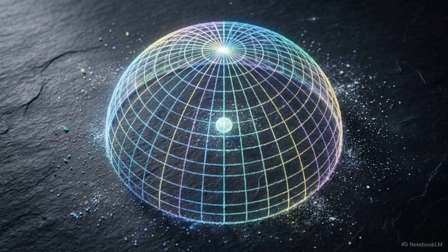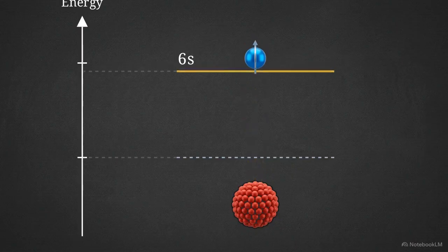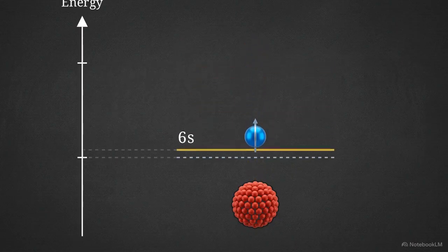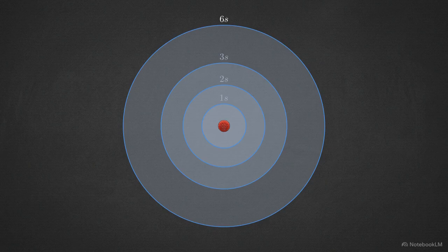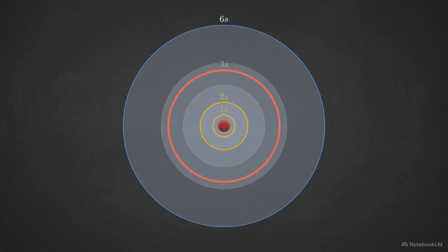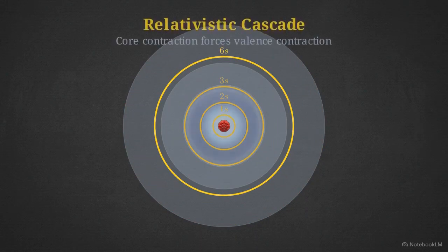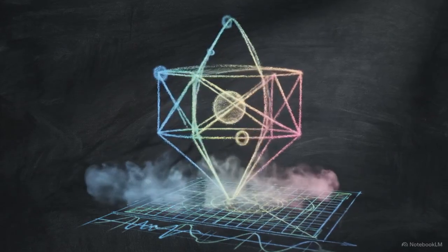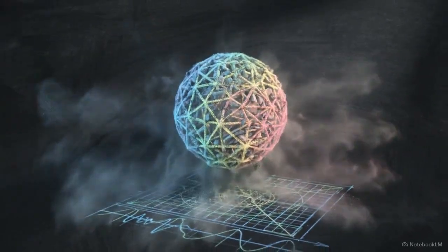The outermost 6s valence shell physically contracts inward. It moves into a region of stronger electrostatic attraction, dropping its energy level and rendering the electron tightly bound, a process known as relativistic stabilization. To satisfy the Pauli exclusion principle and maintain quantum orthogonality, the contraction of the inner 1s shell forces the 2s shell to contract, which forces the 3s shell to contract, cascading all the way out to the 6s boundary. The absolute speed limit of the universe forces the geometric boundary of the gold atom to collapse inward, lowering its